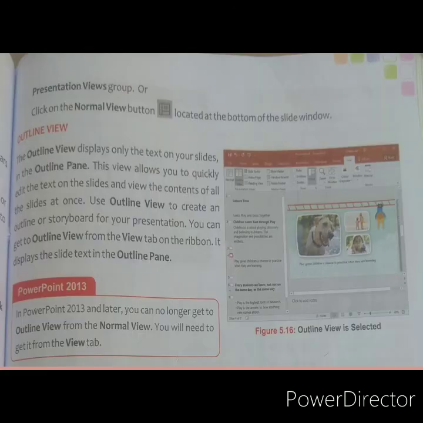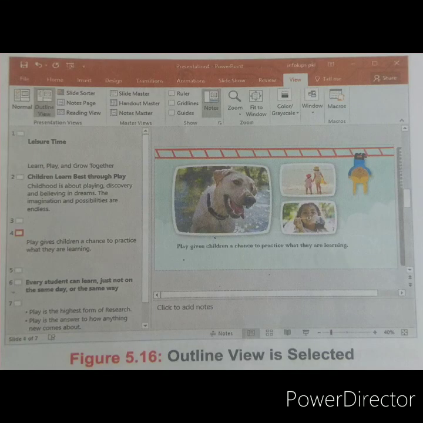Next is the outline view, and this view displays the text on your slide. What is the text on your slide? It will be displayed in the outline view, in the outline pane. You can see in this picture, in the slide pane there is a picture slide, and in the outline pane there is the text.